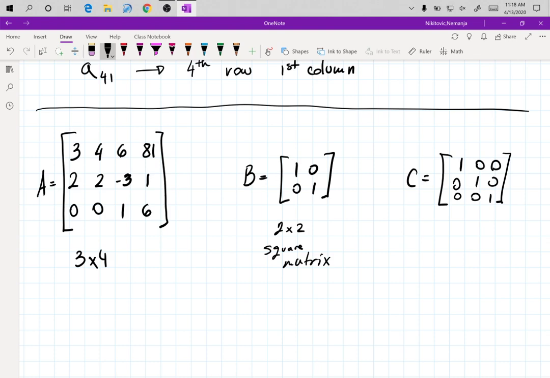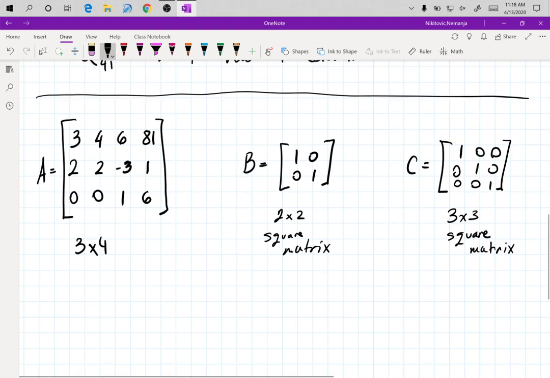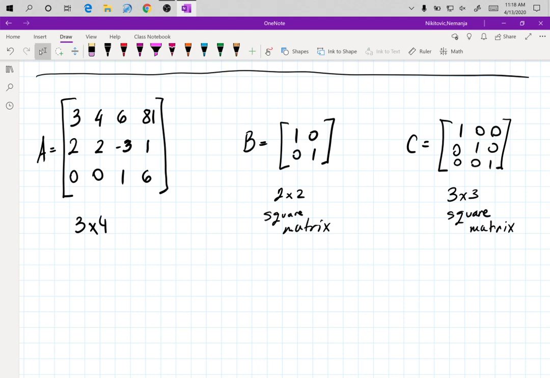We are going to take this 3 by 3 square and so on. So these are just examples of matrices. Now, what do matrices have? They have numbers inside the matrix, and they represent not one but many numbers at the same time. And because those are just arrays of numbers,